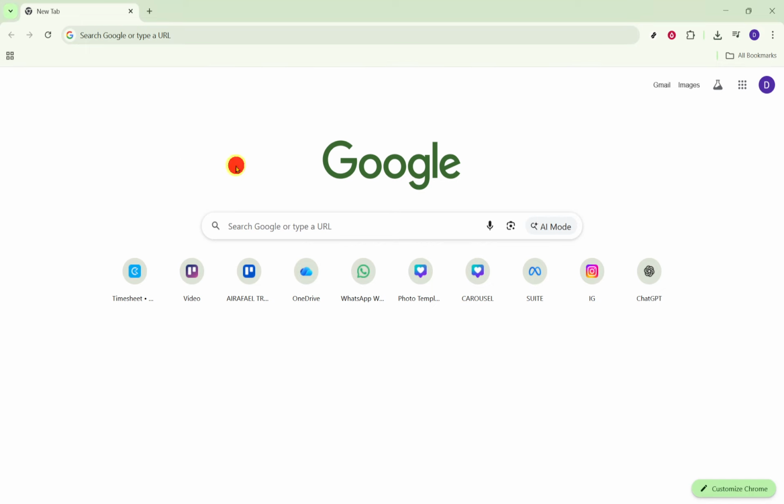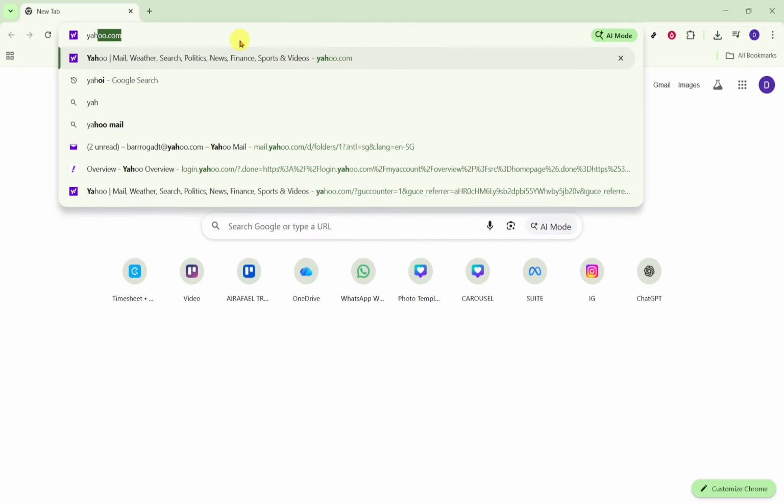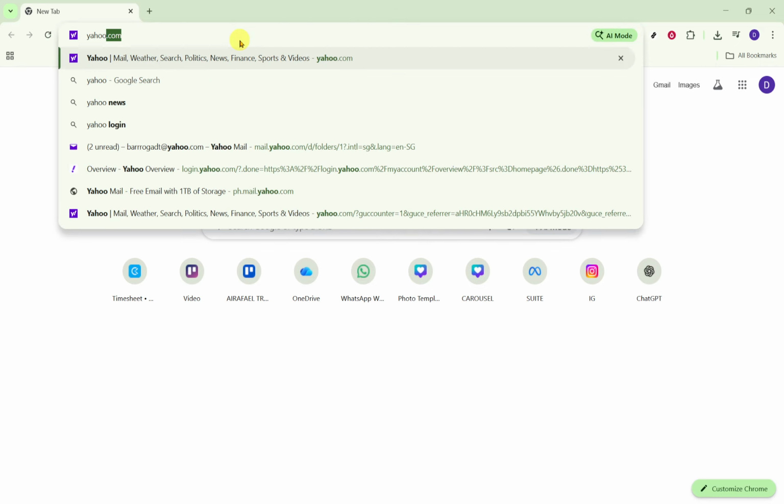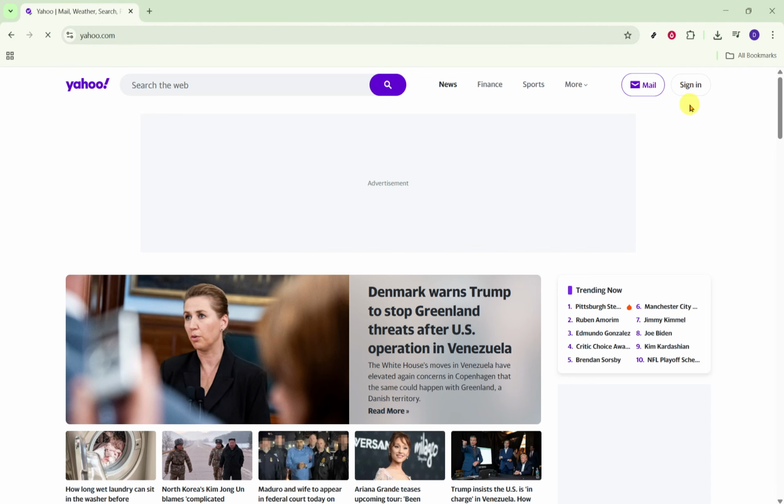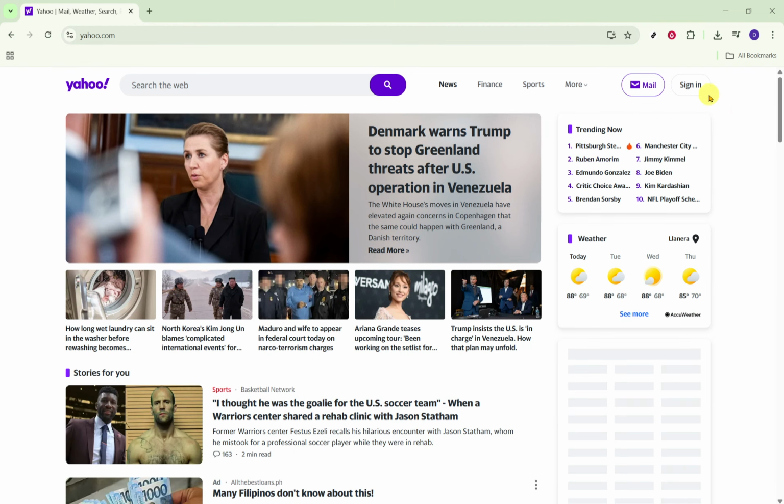Start by opening your preferred web browser. At the top, click into the address bar and type yahoo.com, then press enter. This takes you to the Yahoo homepage. If you prefer, you can also head straight to the mail section later, but starting at the homepage is perfect